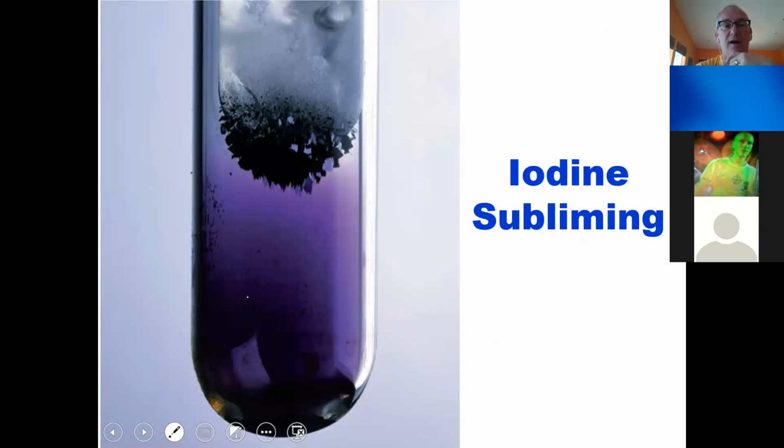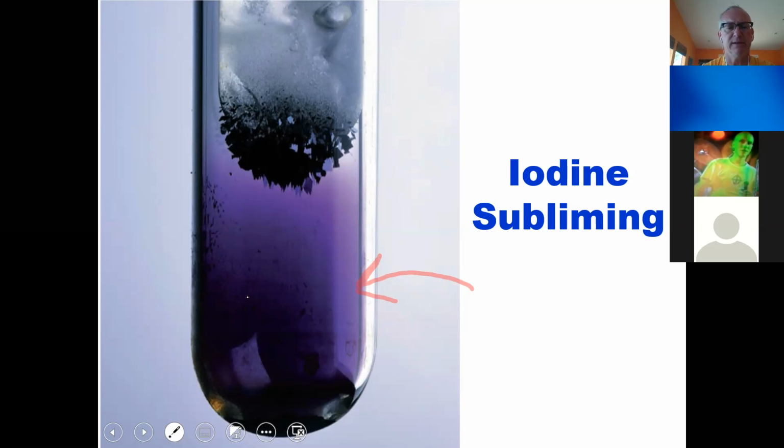Here's an example of a molecule that goes directly from a gas to a solid. I think we're all familiar with iodine. So here I've got iodine gas. We just heat up iodine. This purple gas here is iodine, and it goes from a solid to a gas at fairly low temperature, around